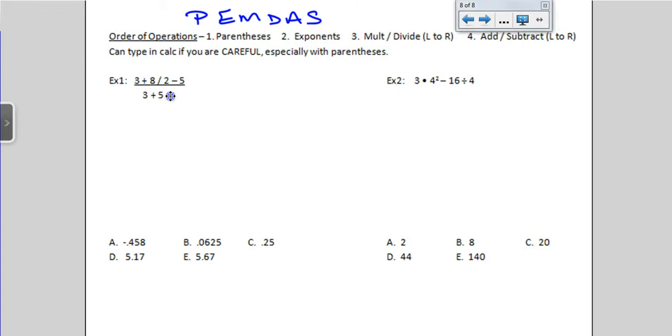For instance, here in example number 1, if you just type it in exactly how it's written, this being a vertical fraction, you're not going to get the right answer. You have to tell your calculator where the numerator ends and begins and where the denominator ends and begins. So you're going to have to add another set of parentheses right here and right here. So you're going to type it in